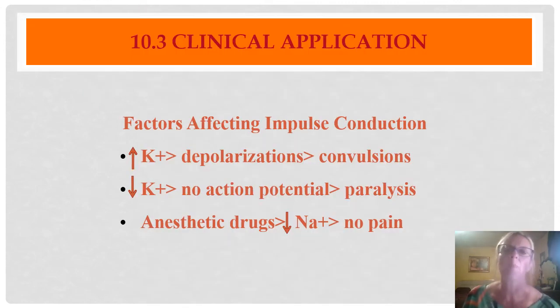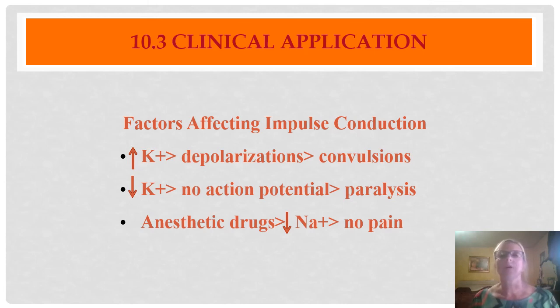So let's look at what happens. Let's apply this clinically. What can happen when there are problems here that can affect impulse conduction? You can have paralysis, convulsions, and other things result from changes in the permeability of ions in axons. Okay, so how well they're allowed in or out. Several substances can affect ion permeability. Things can increase your potassium permeability, and that can partially cause a depolarization in the membrane. This can cause the threshold potential to be reached with a smaller stimulus, so it can cause an action potential